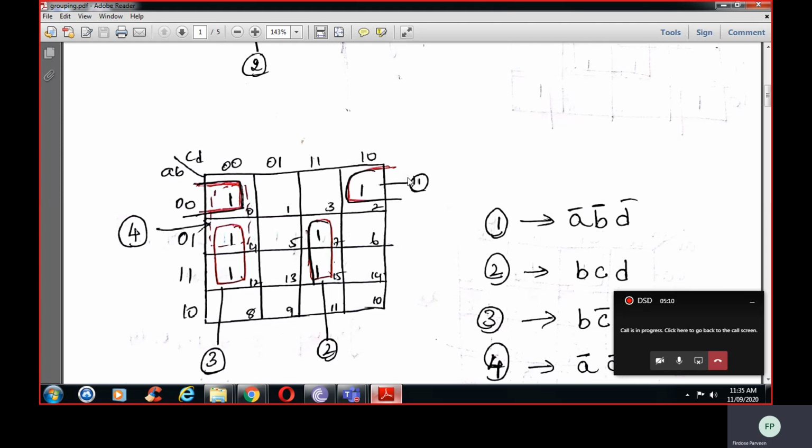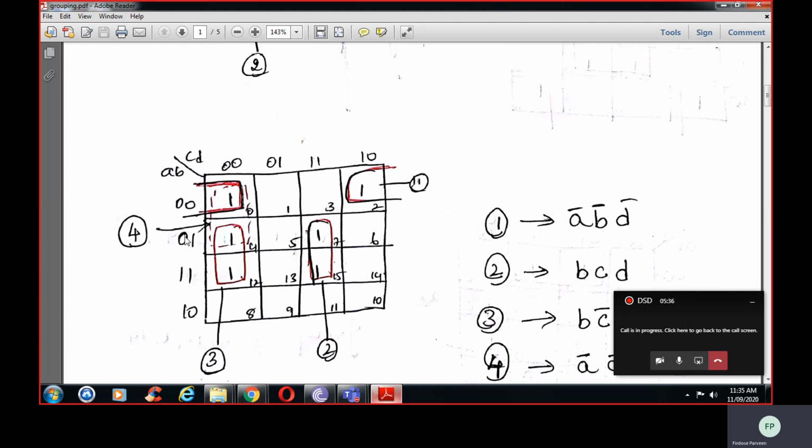In the previous example, it is given this group. Cell 0 is adjacent to cell 2, so I will group. And next, cell number 7 is adjacent to cell number 15, so we'll group this. As it is covering two cells, it is called a two cell grouping. It is named as second group. In the second group, which row is it corresponding to? It is corresponding to this, that is the second one, and this row, it is the third one.